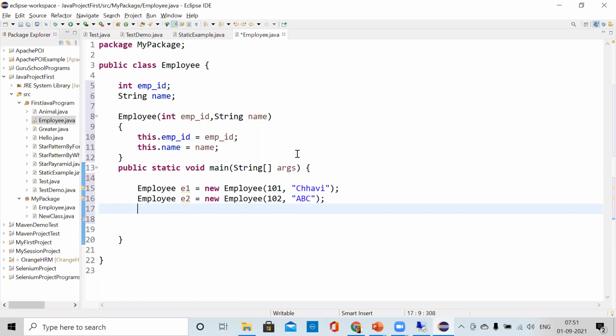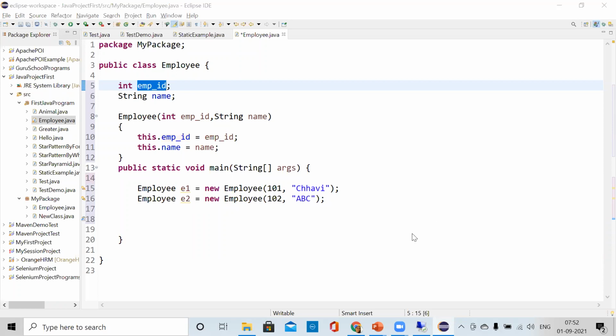It will store this value here. It will pass this value here, and then what will happen? It will give it to the instance variable. Correct? And if I wanted to print it, I can print it. Okay, so this becomes the easy thing. Okay, so what is common there is, there is nothing common here.